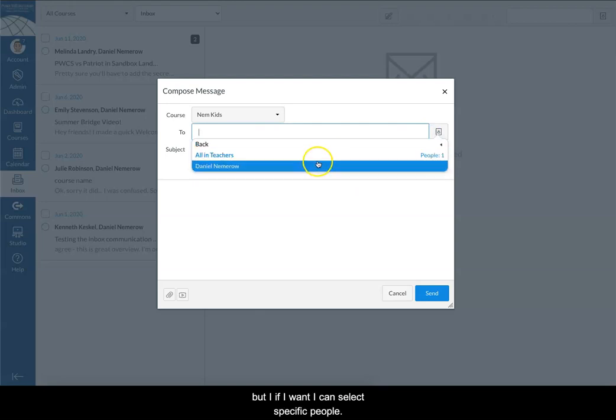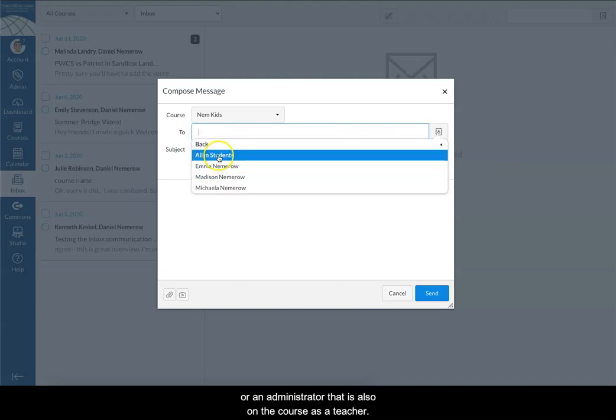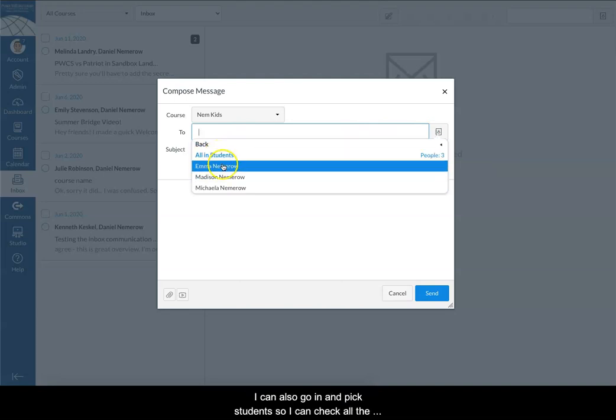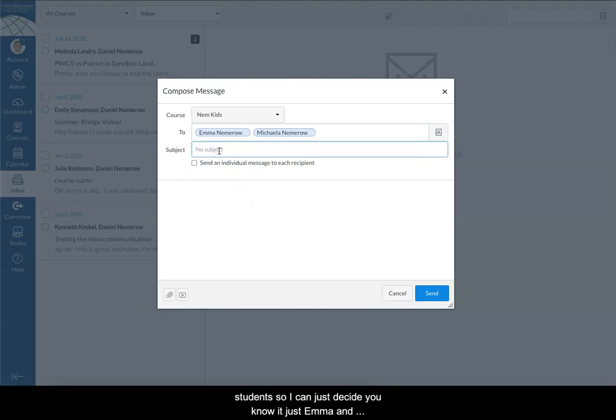So if there was more than one teacher on the course, I could pick my co-teacher or an administrator that is also on the course as a teacher. I can also go in and pick students. So I can check all the students, or I can just decide, you know what, just Emma and just Michaela. And we can make the subject, clean your room. I want an individual message sent to each recipient, and then,